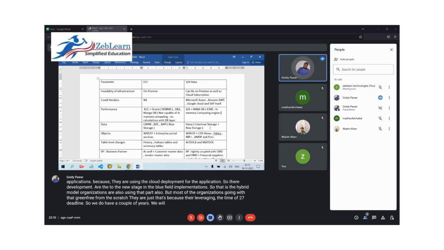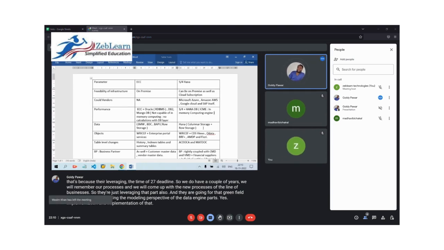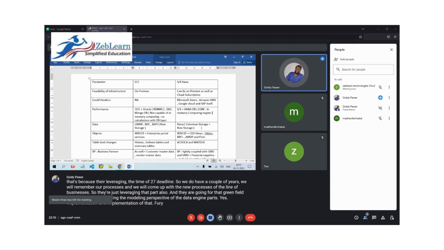We will revamp our old processes and come up with the new processes of lines of business. So they are leveraging that part also, and they are going for the greenfield implementation. Regarding the modeling perspective of the data, the BI BW engine parts, yes. Fiori application deployments are also integrated in BI BW because the Fiori Launchpad has become the only point of contact for